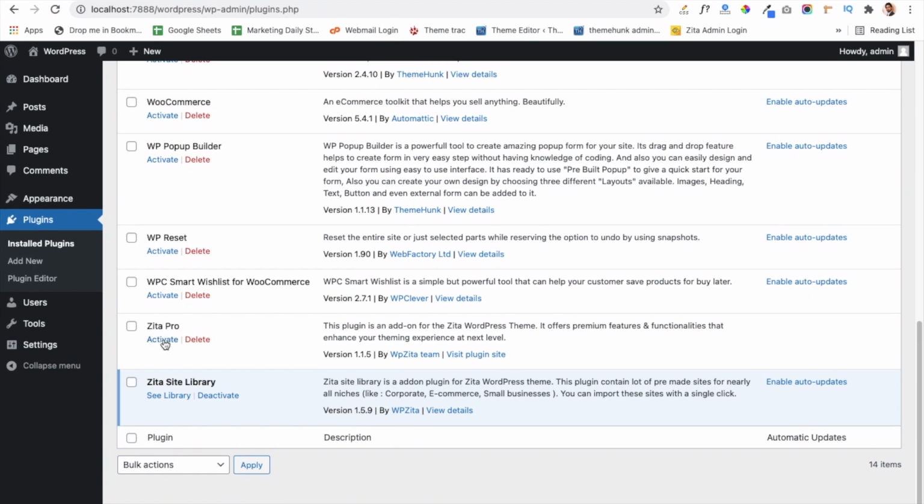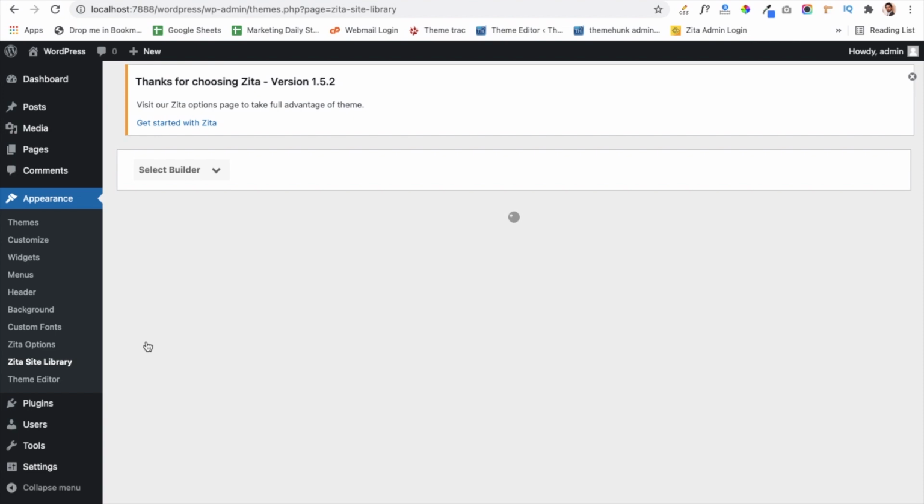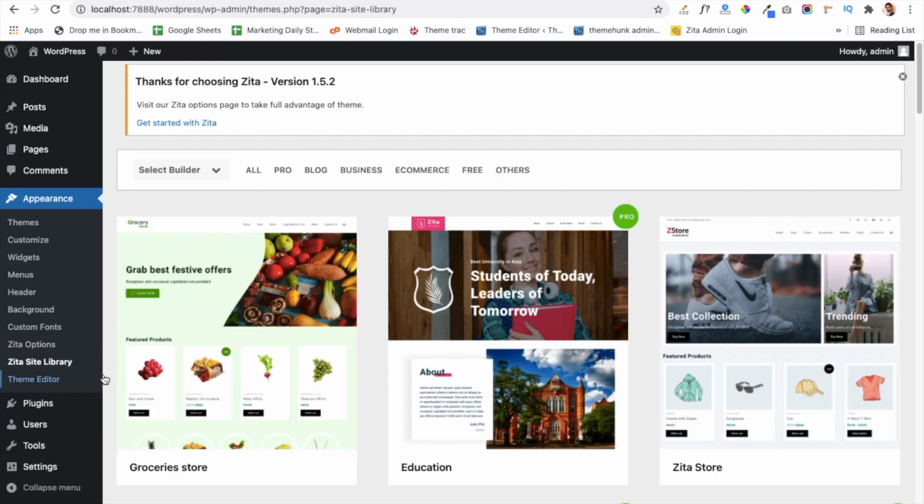So this is our Zeta Pro plugin. I have already installed it in our dashboard and I am just activating it, and again navigate to the Appearance tab and click on the Zeta site library. As soon as you activate the importer plugin, it will show you a link of Zeta site library, and here